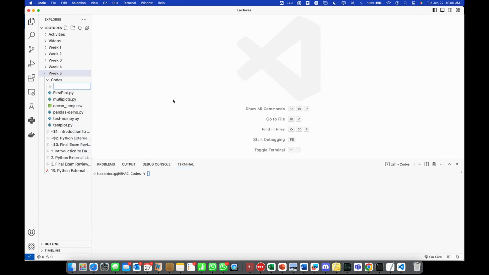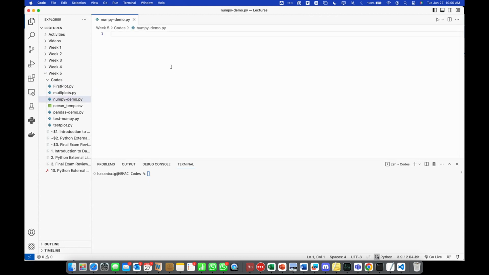In numpy-demo.py, when you import the NumPy package, import numpy as np, it automatically detects that NumPy is installed. If you are using any simple editor, what you can do is open the Python 3